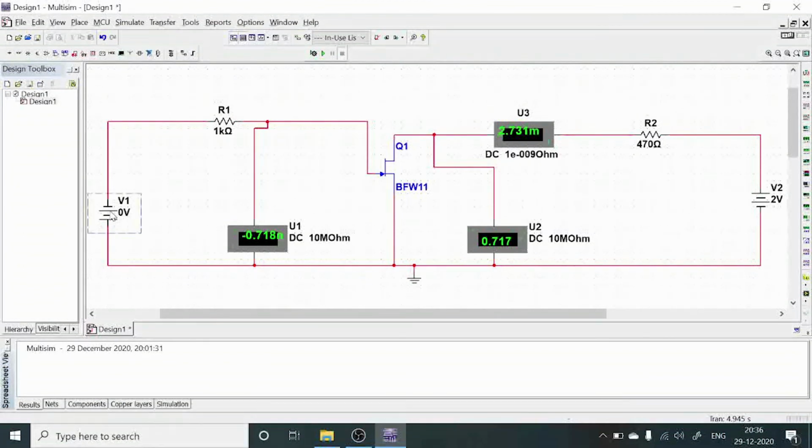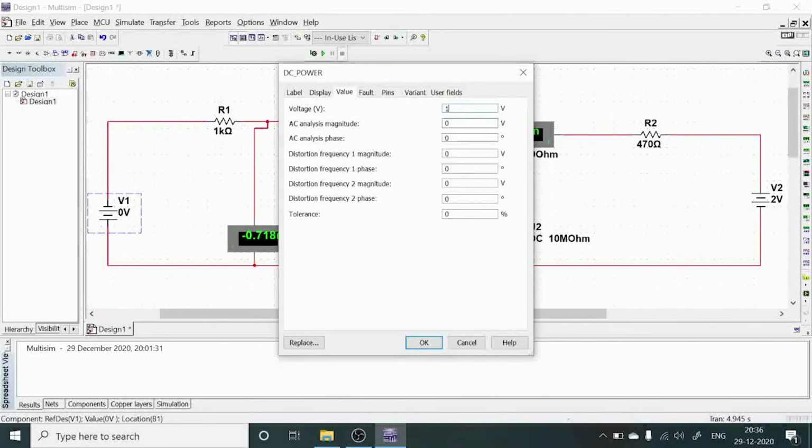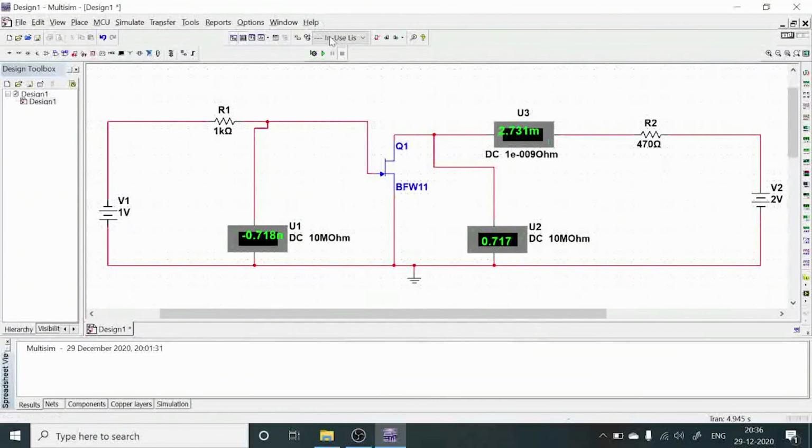Then increment this 0 volts to 1 volt and select OK, then simulate. Now for this 1 volt, your gate to source voltage is also 1 volt, but the current is 1.446 milliamperes here. Just note down this drain current and this gate to source voltage with respect to this biasing voltage here. After this, again stop the simulation.